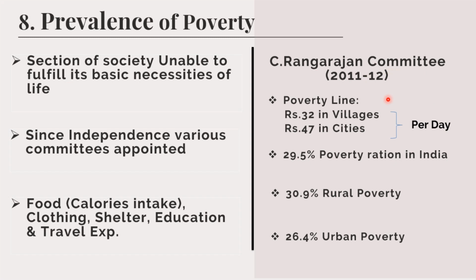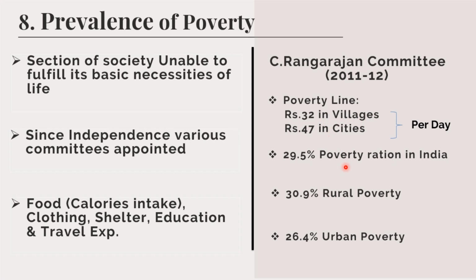they revised the criteria, and they stated that while determining the poverty line, in the villages in rural area, 32 rupees is required per day, and in cities, meaning urban area, 47 rupees are required to fulfill the basic needs of the people. So, as per the C. Rangarajan committee,